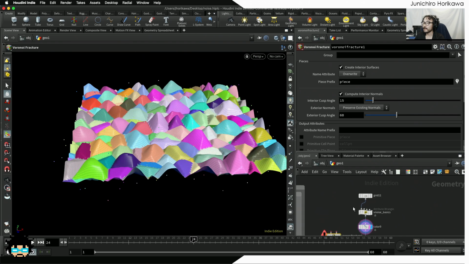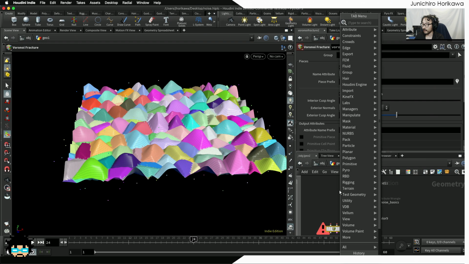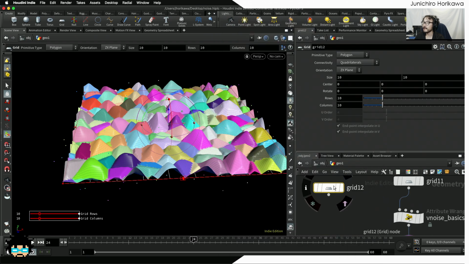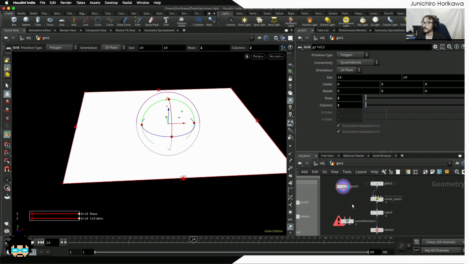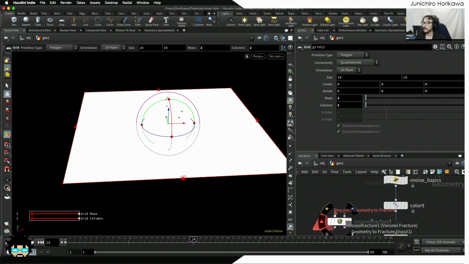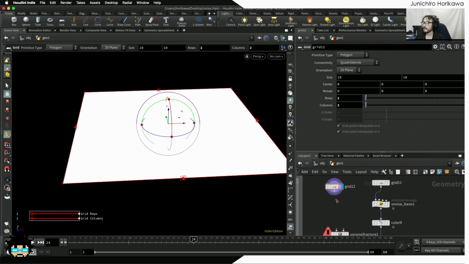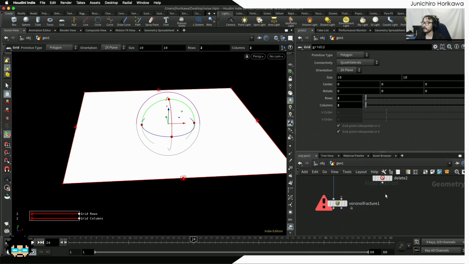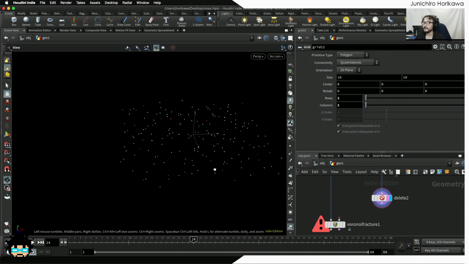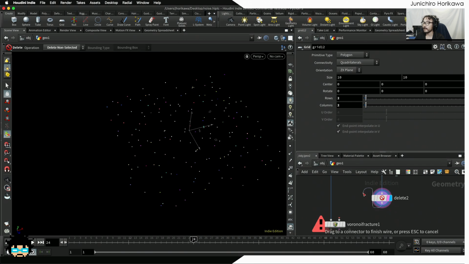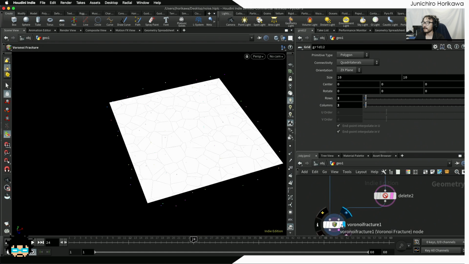Okay, so let's see that. I'm going to create another grid which has the same size but with rows and columns 2 by 2. I'm going to connect this grid to the first input of the Voronoi fracture, and for the second input I'm going to use this center point of the seed as the point location for the seed. Okay, now it gives you this kind of Voronoi